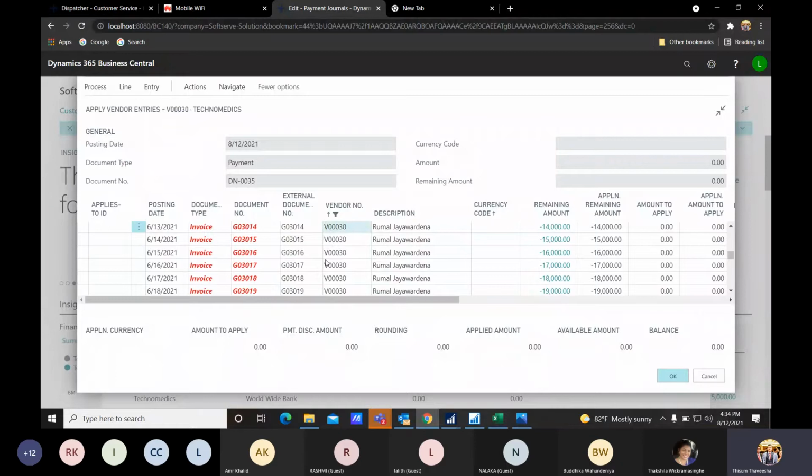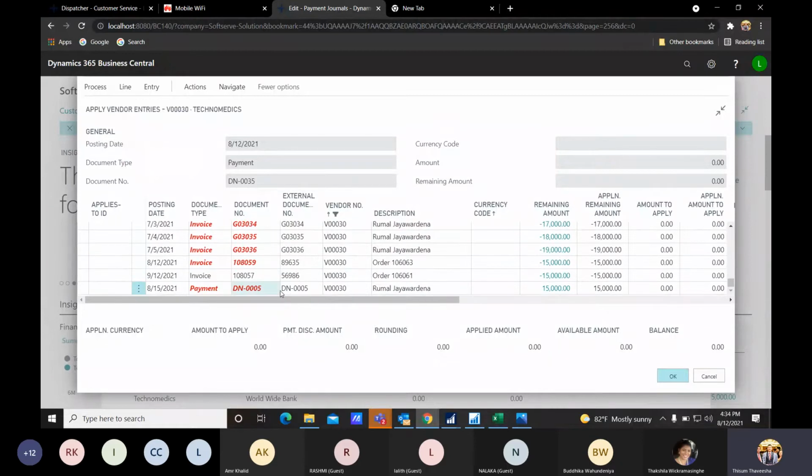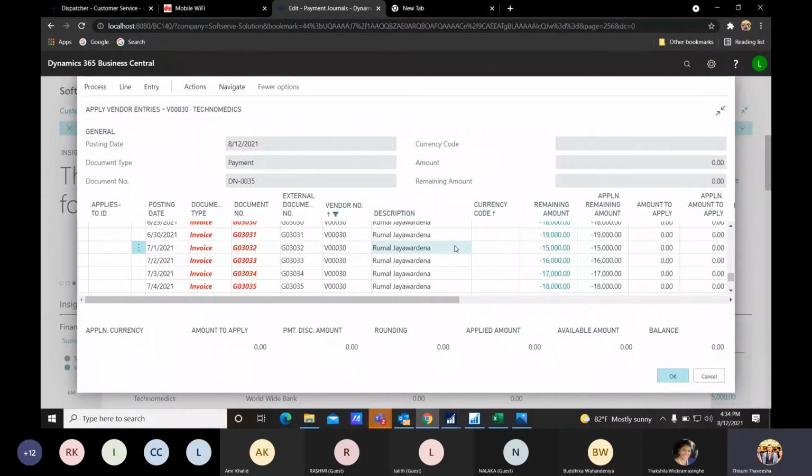Here we have got all the invoices against the Technomatics vendor. Okay, so I told you to remember that number. 108059 is that number. Okay, so this is the number here, 108059.